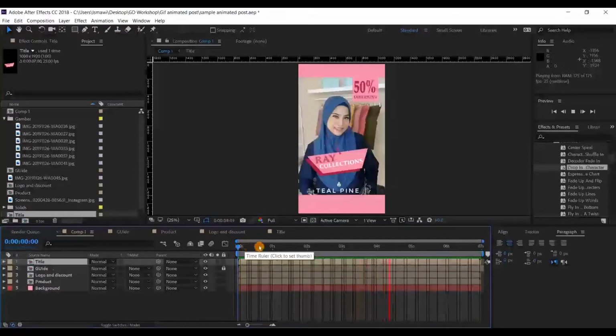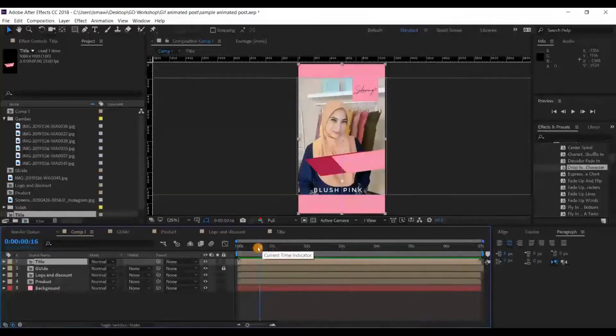Even though we have our animation inside the pre-comp composition timeline, we still can create an animation inside our main comp, where we're going to rearrange all the elements to appear one by one.